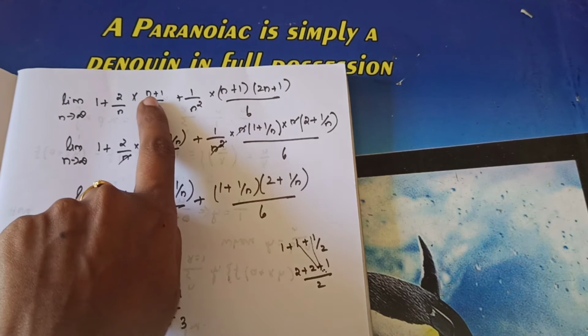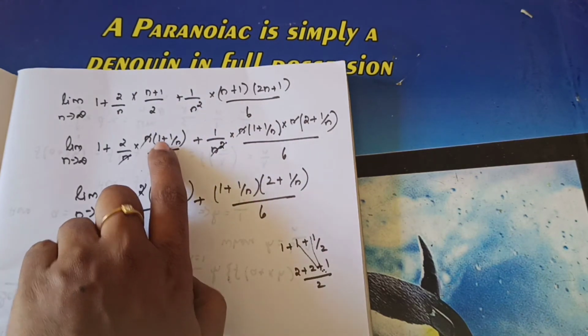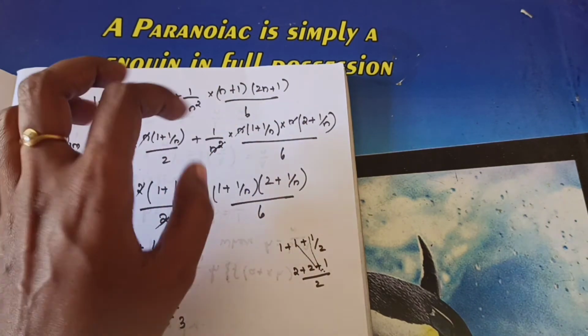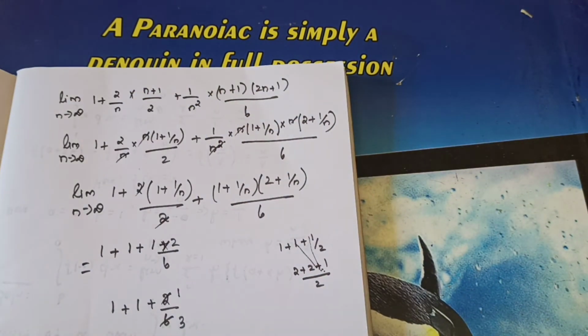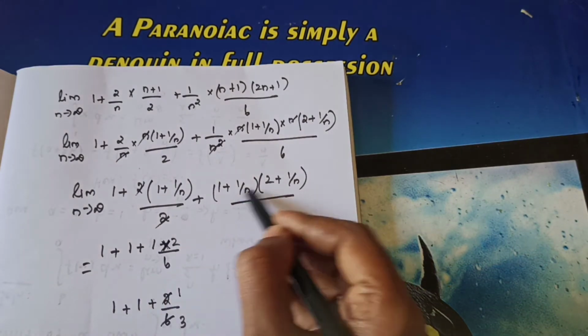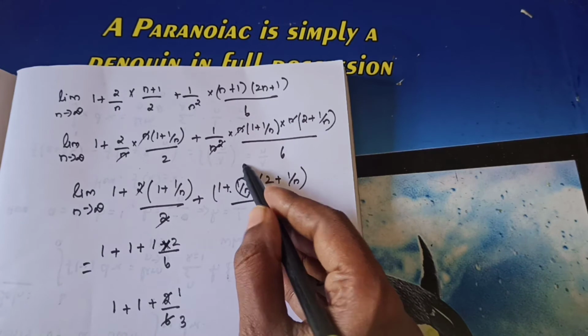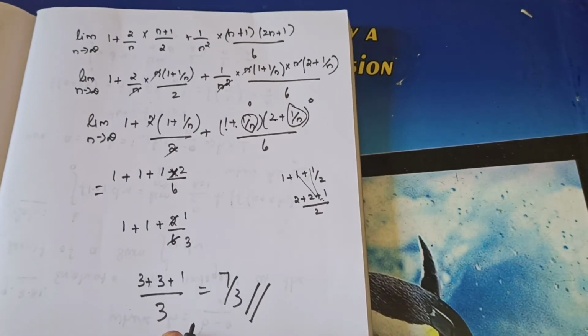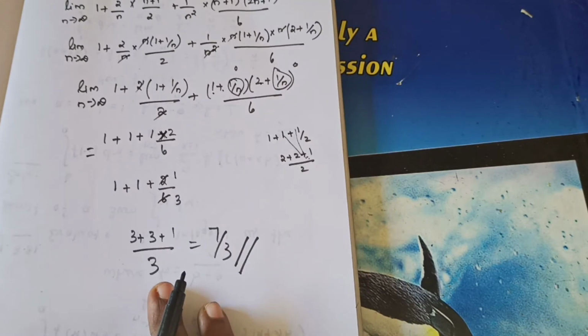So n plus 1 is there, means you take n common. Here 2n plus 1 also, you will take n common. So the remaining is the balance. So 1 by n place, you substitute in the place of n as infinity. So 1 by infinity, the value is 0. Here into, not plus. So into is 1 we will get, this term will be 0, this term will be 0. So 1 into 2 is 2. If you simplify, you get 7 by 3.